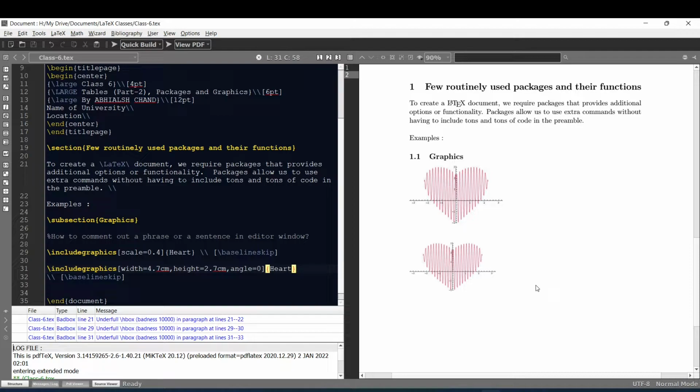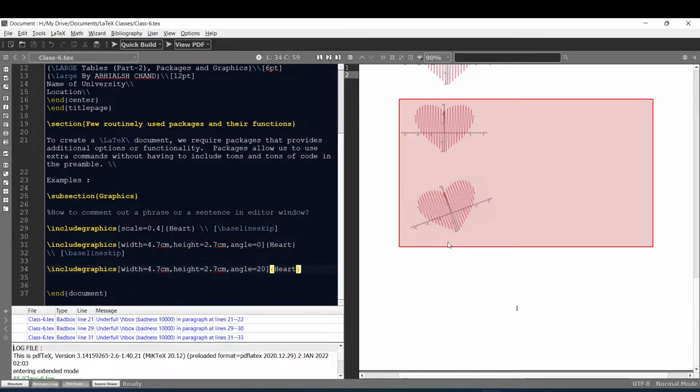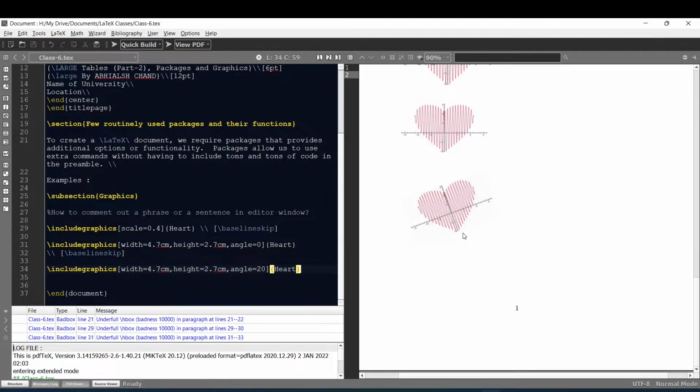Similarly, using this code, we can rotate any image by a certain angle. So if I want to rotate this image by, let's say, 20 degrees, then I have to type angle equal to 20 here. So let me demonstrate this by writing the code. So here I have written angle equal to 20, the rest are the same as the previous one. Now let me run and see what happens. So here as you can see, our image is rotated by an angle of 20 degrees.